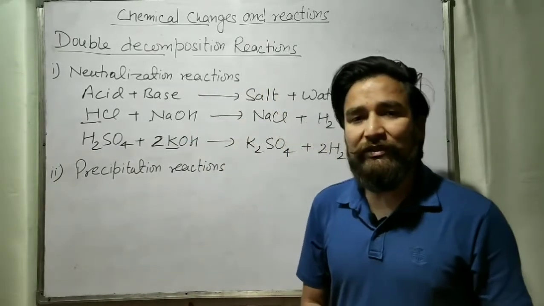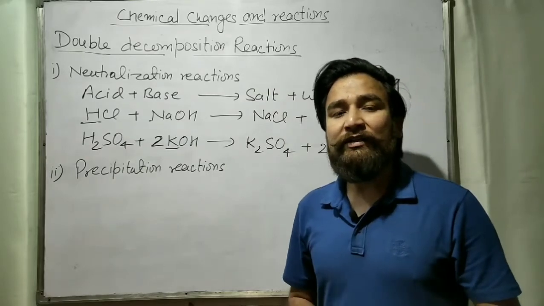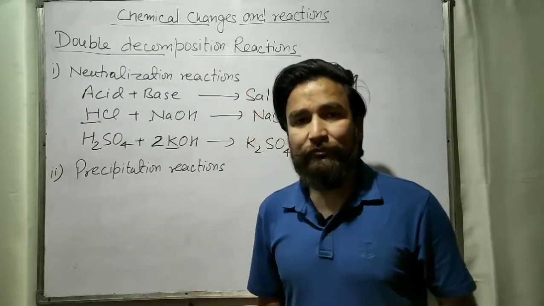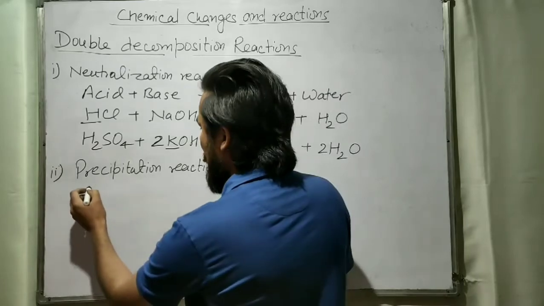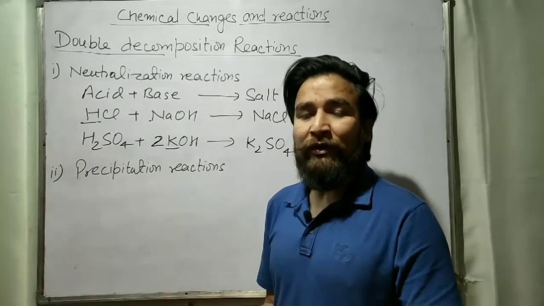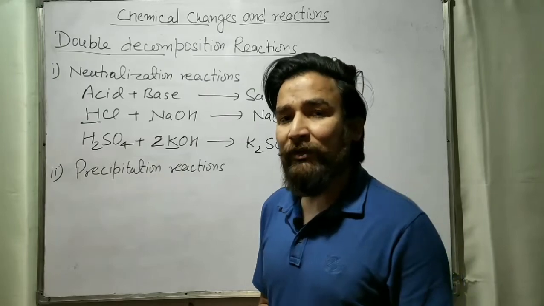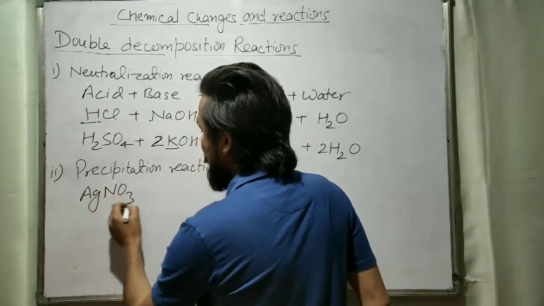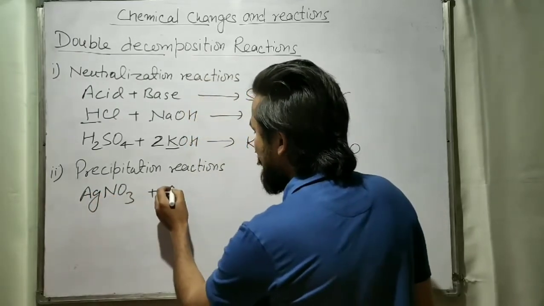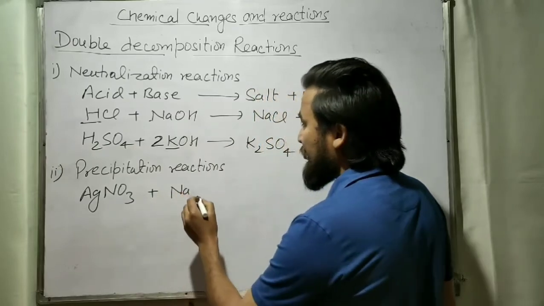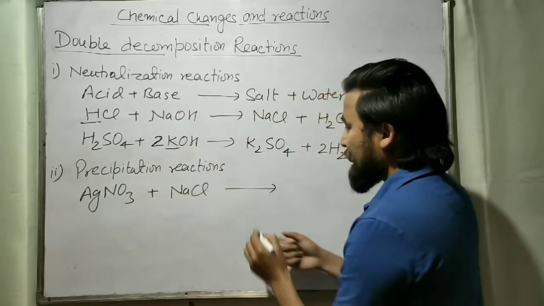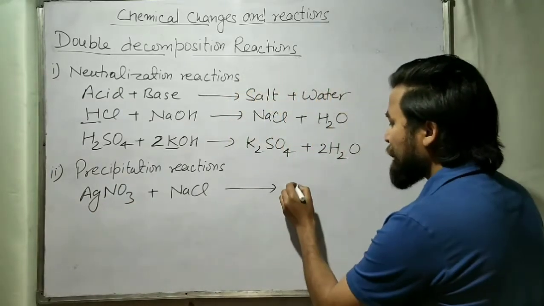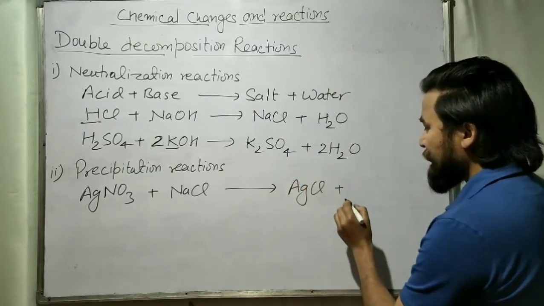Now what is a precipitation reaction? In a precipitation reaction, two soluble substances react together. Two soluble compounds react to form a soluble and a non-soluble compound. Let's see an example of a precipitation reaction. There is AgNO3, that is silver nitrate, plus NaCl. Now when AgNO3 reacts with NaCl, what is it going to form? It will form AgCl plus